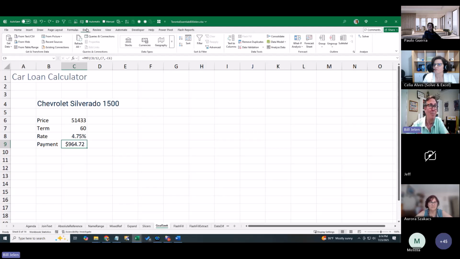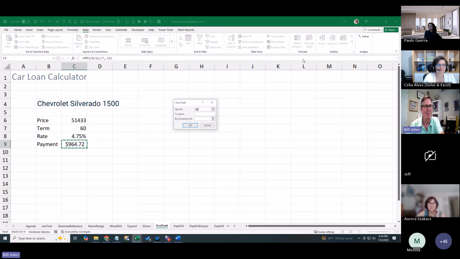So the amazing way to back into this is out here on the data tab, hidden under What-If Analysis. It's funny, there's three things here. The Scenario Manager is horrible, never use it. Goal Seek is awesome, I love it. Data Table is not what you think it is. It's also amazing, but we won't get to it today. Whoever built this little icon here, 67% of the things in here are beautiful, and one of them is just terrible, right? But here we are. So we're going to set cell C9 to $900 by changing cell